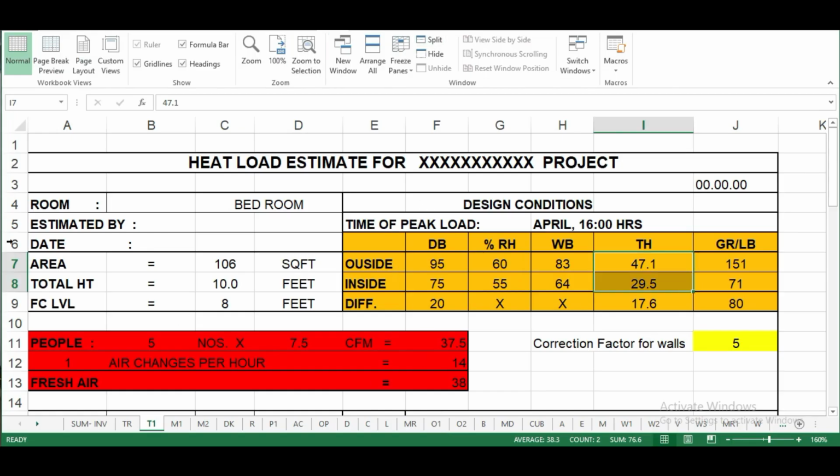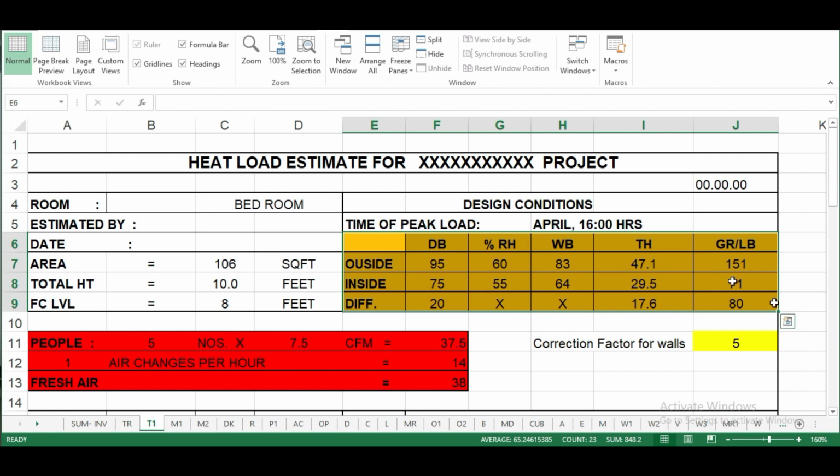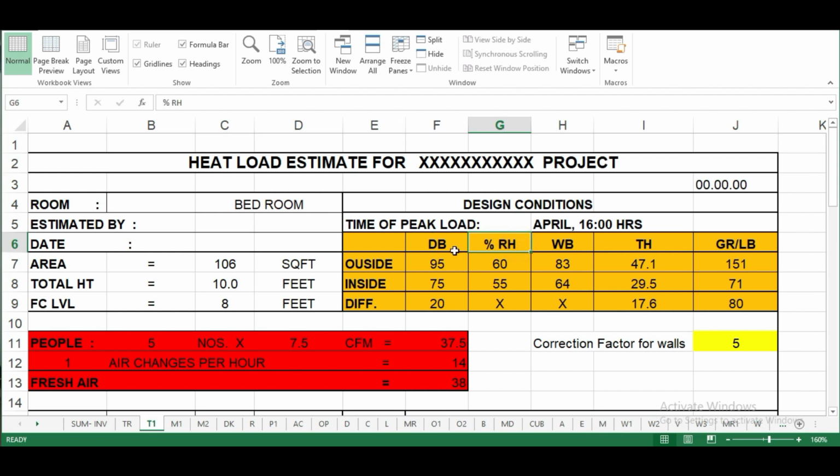As you see over here, some areas are highlighted in yellow. Basically these are the parameters to be considered or assumed to calculate the heat load sheet. These are the primary parameters. Without this yellow highlighted data, you can't calculate the heat load sheet for any project. The most important thing, first, is the dB, that is the dry bulb temperature. Next is RH factor, that stands for relative humidity in percentage. Next is wet bulb temperature, next is TS factor, next is grains per pound.